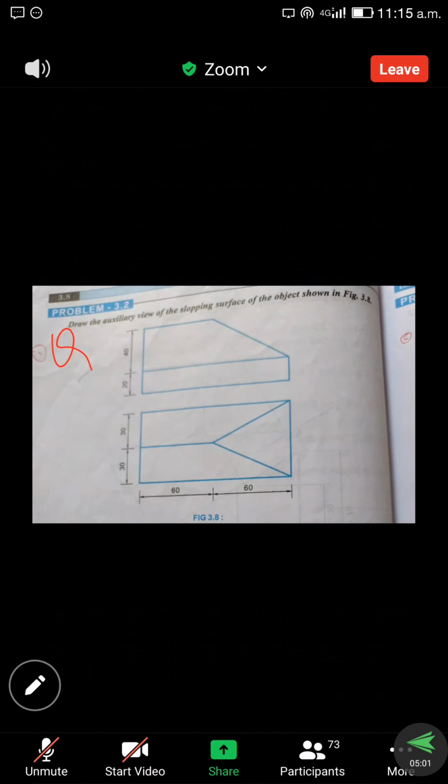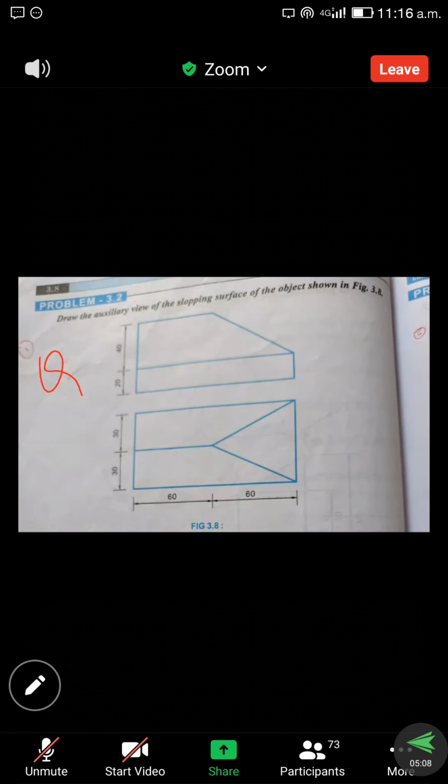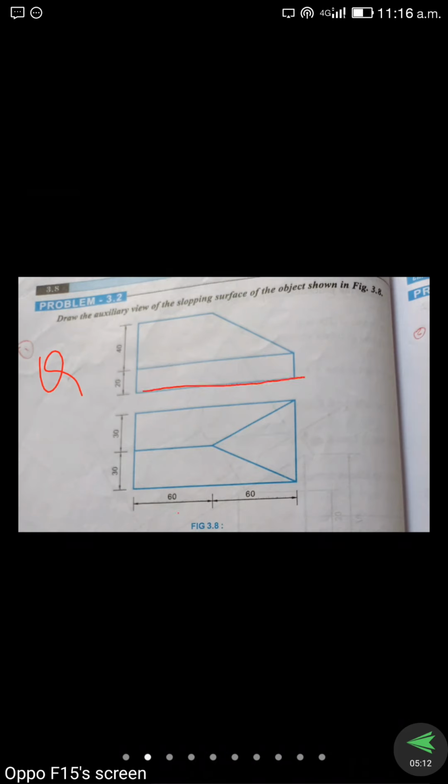shape of the object. Okay, first of all we draw the question as per the dimensions. So first we draw this total length of 120 mm, here 60 and 60, and the total height is 60 mm. And from the 20 mm we draw again 120 mm, and here also 20 mm. So from here to here the distance is 60 mm. Now we join the corners,